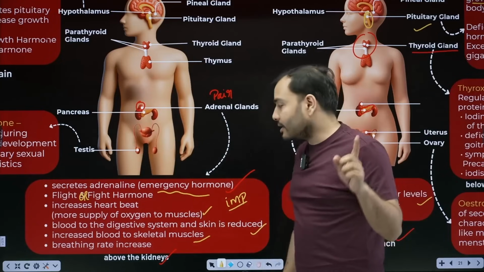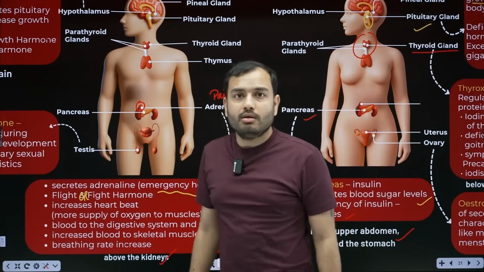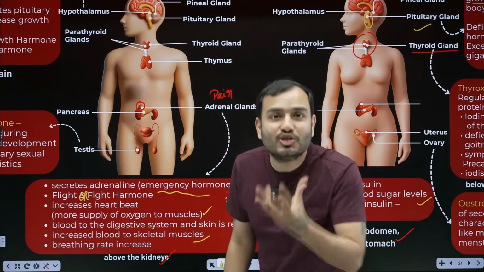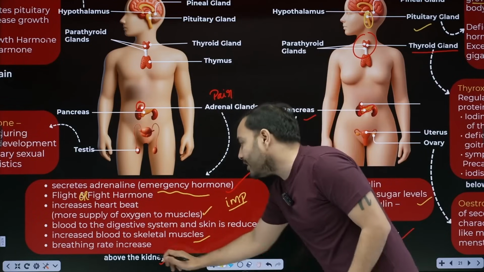The fourth thing, beta, it does is it increases your rate of breathing. You must have seen when guys are in front. Why is the rate of breathing increasing? So we can get more oxygen. More oxygen means more energy, so we can run easily. So the rate of breathing increases.